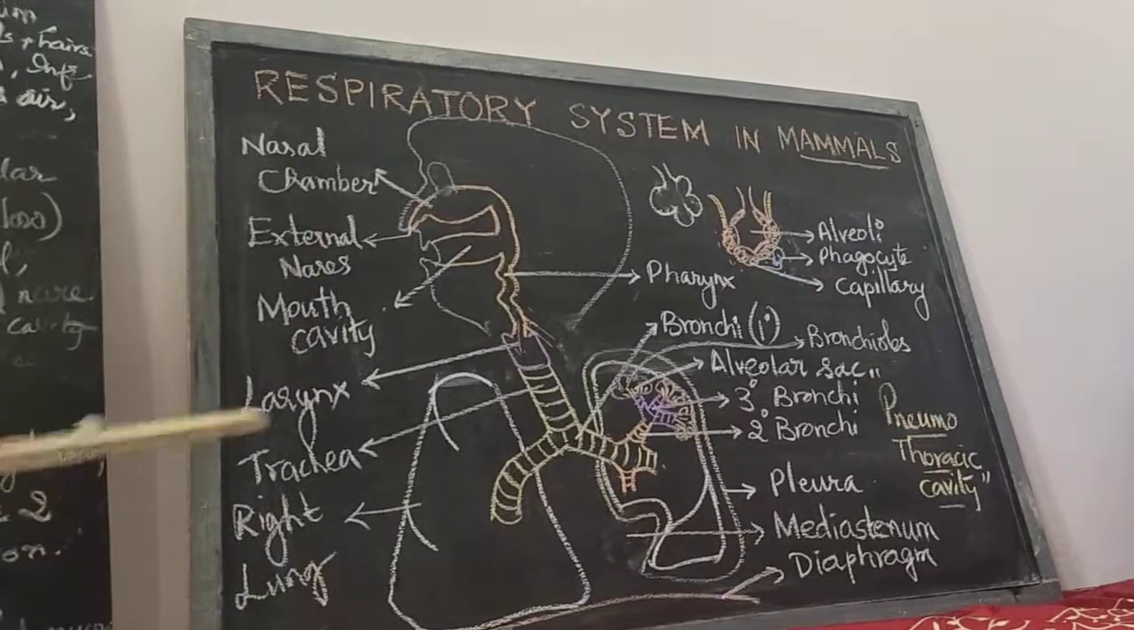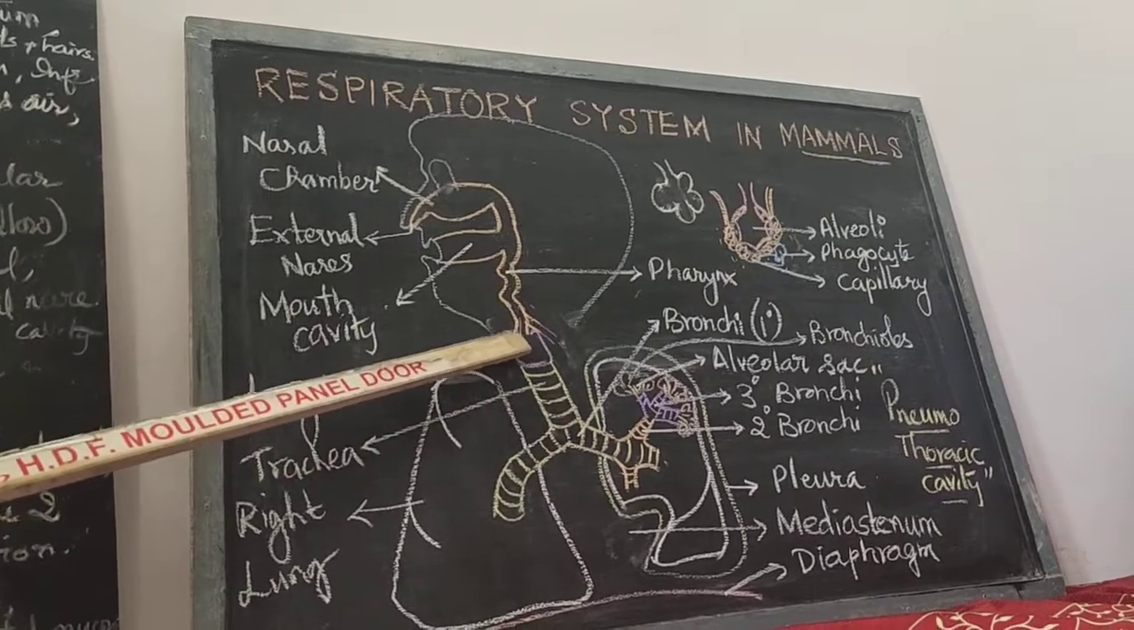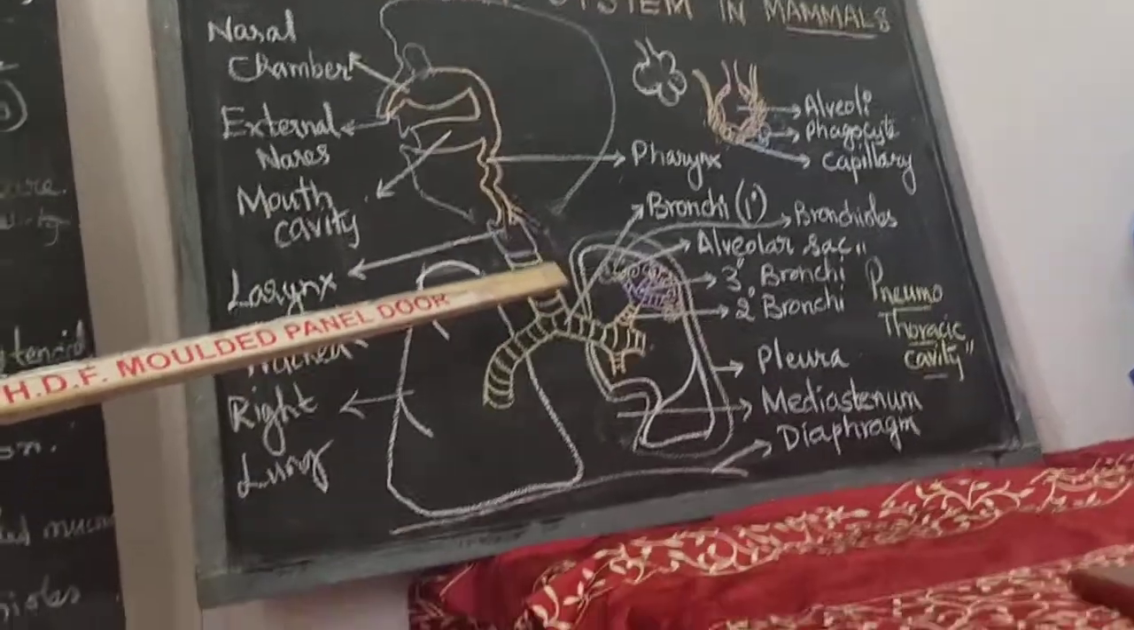3. Larynx leads down at the posterior side into a median tube called